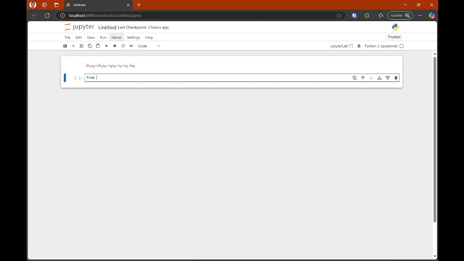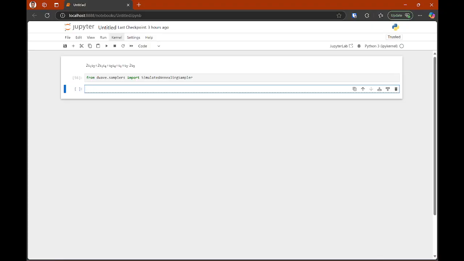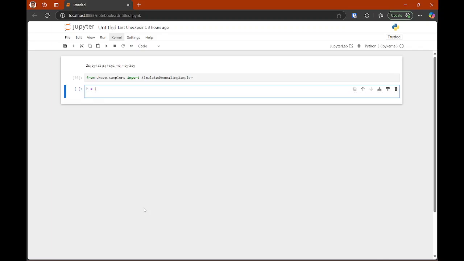We're going to start by importing from D-Wave samplers, import simulated annealing sampler. And then we will go ahead and implement the model again using dictionaries. Instead of using a single dictionary to implement the entire QUBO model, in this case we need two dictionaries, one for the linear terms, another one for the quadratic terms. The linear terms, that structure, which is a vector, is usually called H, so we will do the same